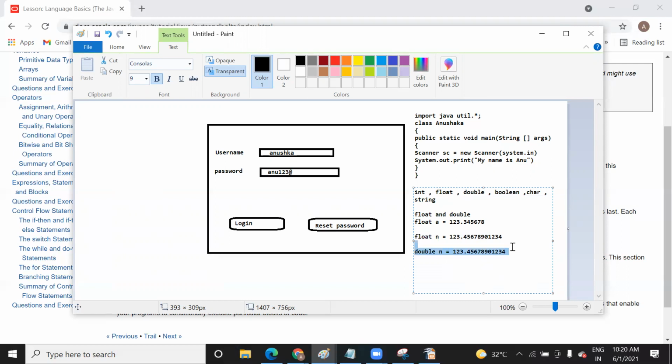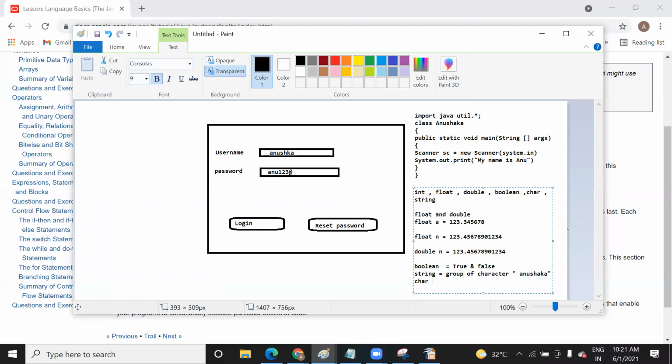Now one more thing, that is boolean. Boolean is another data type that holds only two values. What are they? True and false. This is the only value held by the boolean data type, and the rest, I think you know: integer, character, string. A string is a group of characters, and it is represented by double quotes. Am I right? Do you remember this in C language? Yes, sir. I know.